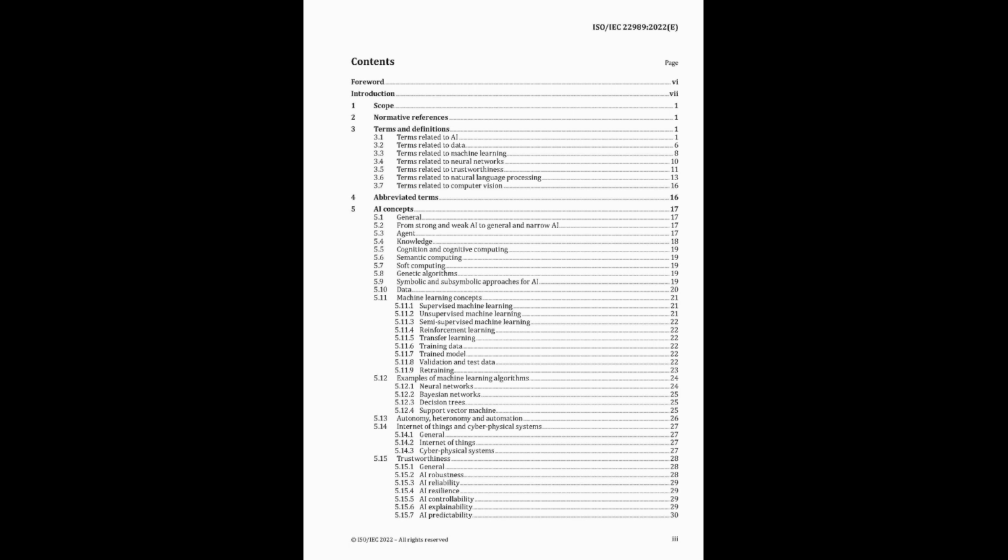Third-party data comes from external providers who collect and sell data, and often organizations combine their own data with third-party data to get a more complete picture. And the types of data. The standard lists quite a few: transaction records, surveys, sensor readings, images, audio, even just interactions people have with systems. It's really a wide range.